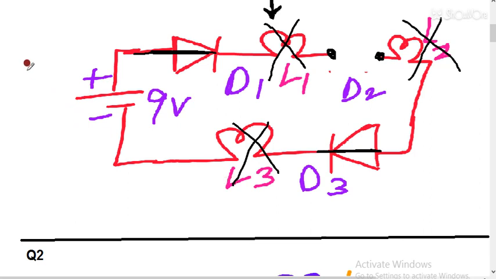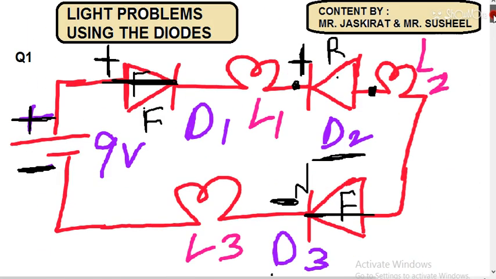So I hope this question is clear. If anyone has any doubt in this question, then you can ask me in the comment box. So diode D1 was forward biased. I am repeating, diode D1 was forward biased and diode D2 was reverse biased here, and diode D3 was also forward biased. So the first question we have done. Some extra time is taken during the first question because during the first question your concept must be clear. Then we can speed up the questions.